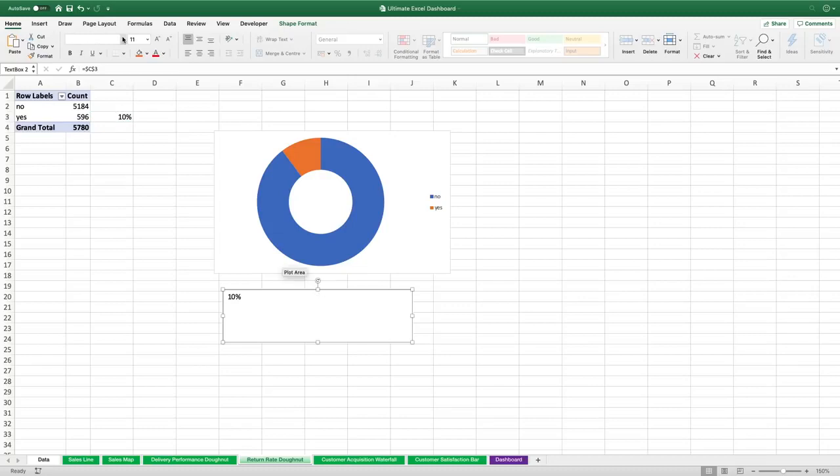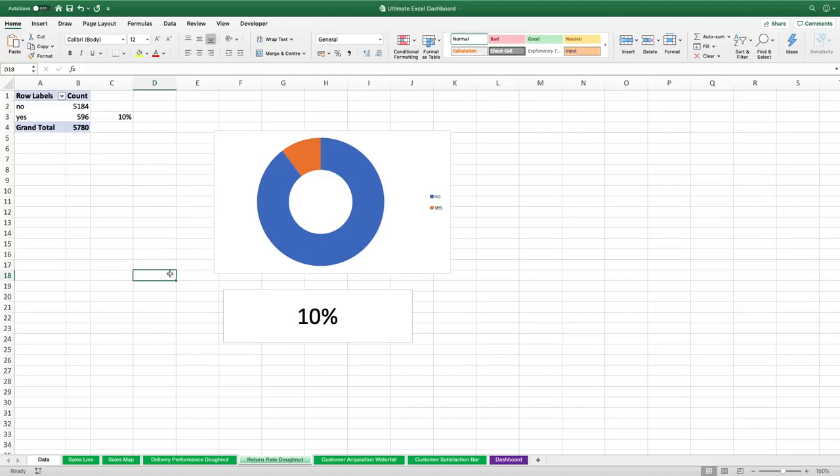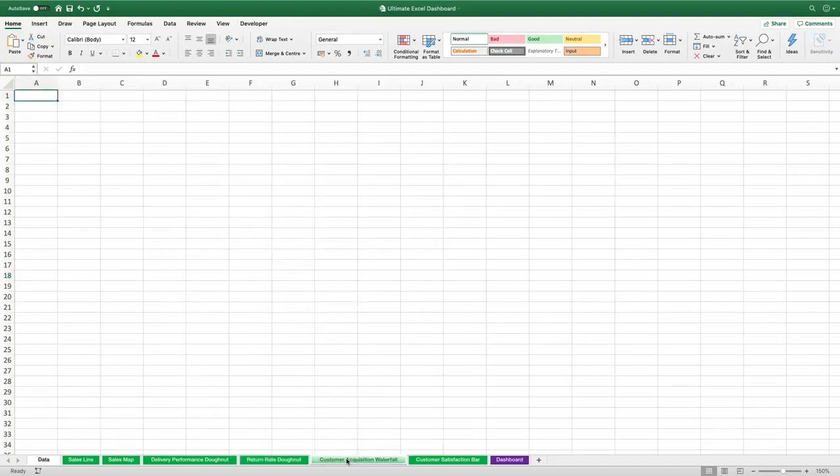Now we simply adjust the text size, and let's do it again. Here we go. And the text alignment. And that's already it with the preparation of these donut charts. I admit they don't look any pretty at the moment, but I promise they will when we are done with the actual dashboard design. The next chart will be about the customer acquisition type, and for that we're going to